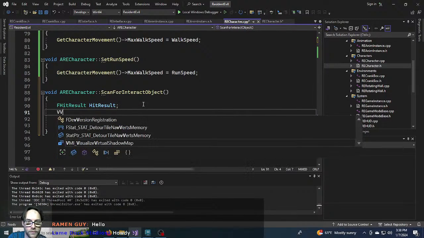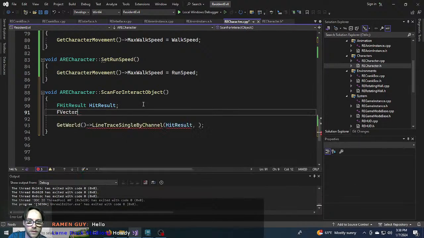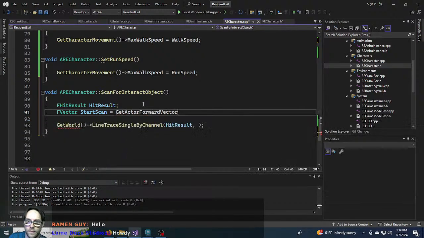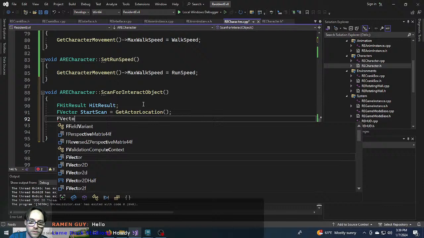So I'll do an F vector, and this will be the start scan. And we're going to start at the player. So get actor location. No, we'll get that later. We need the location. Cool. So we get our actor location,